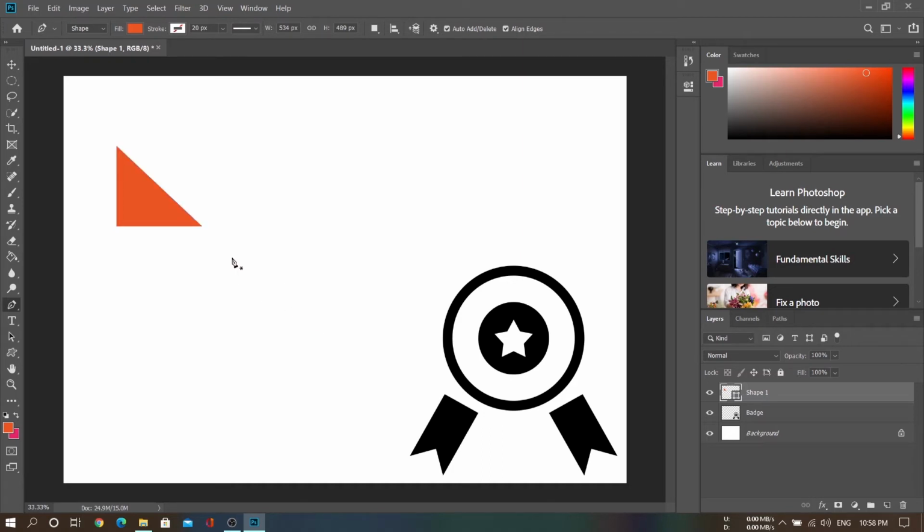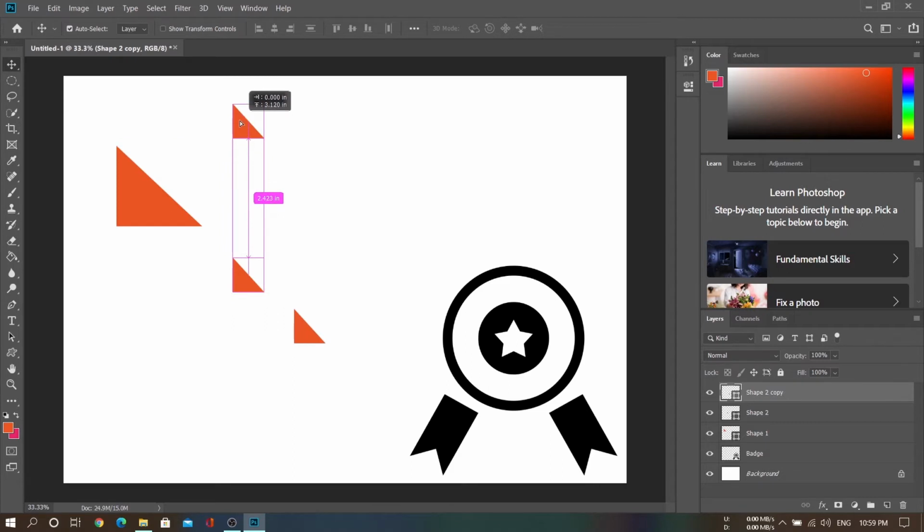Now I am going to make some small triangles. I am just going to duplicate this by holding down Alt using the move tool, and just simply set it there. Now I'm going to make another copy of this, just going to set it there.